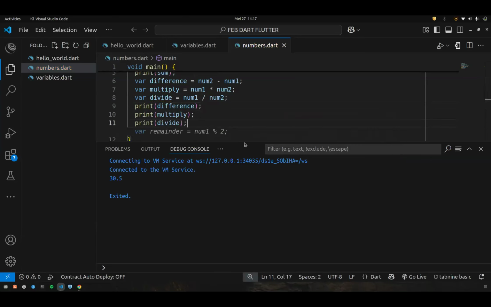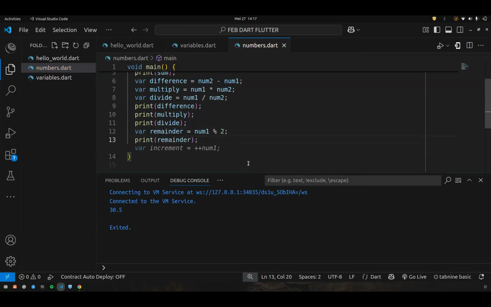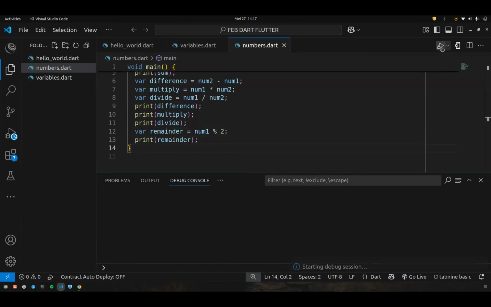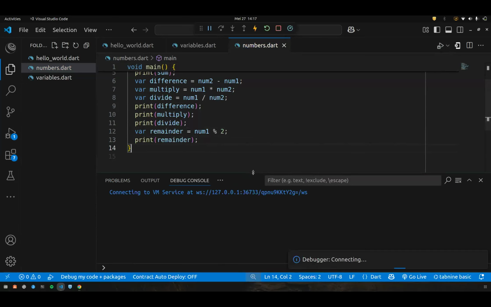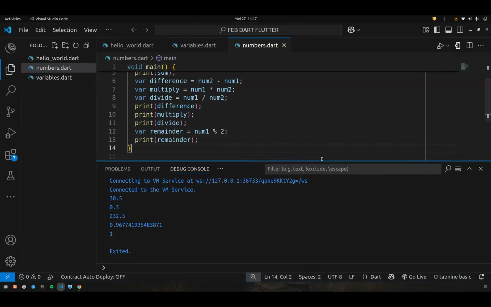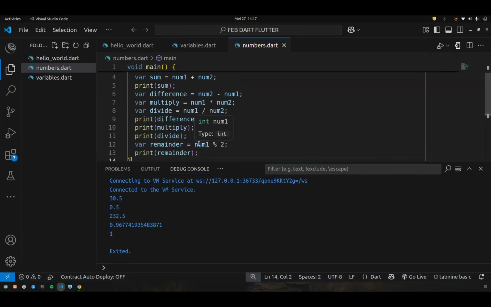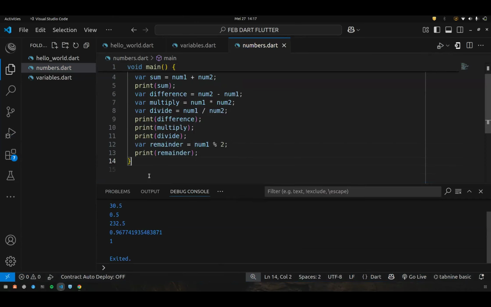So we can also do the remainder. Print remainder. If you divide these numbers, what do you remain with? Yeah, there are some AI suggestions here. So the remainder, or the modulus, of this is 0.96. So as you can see, numbers is where you perform arithmetic, because even in our classes, when we were